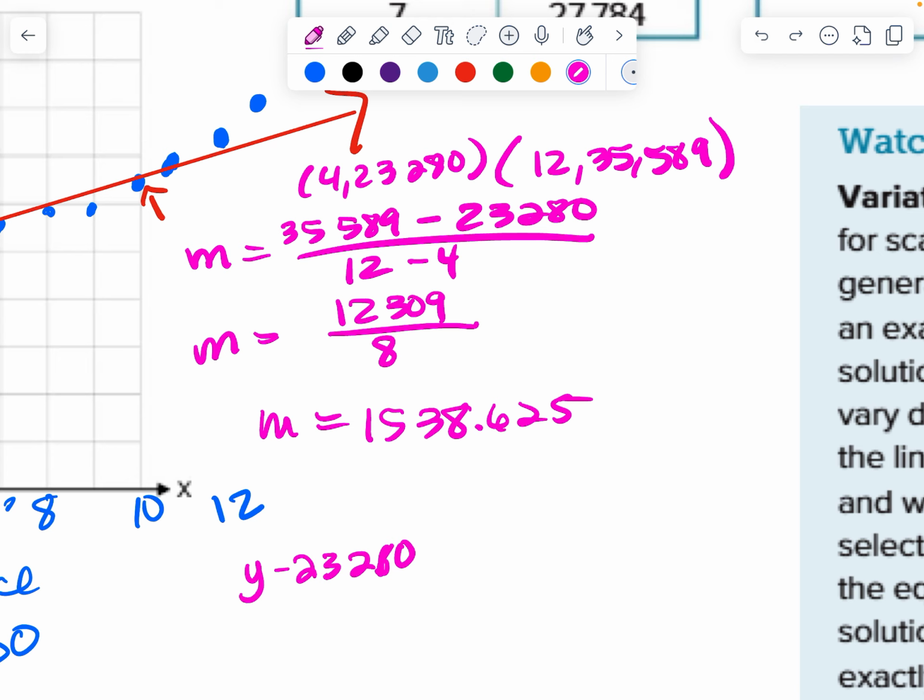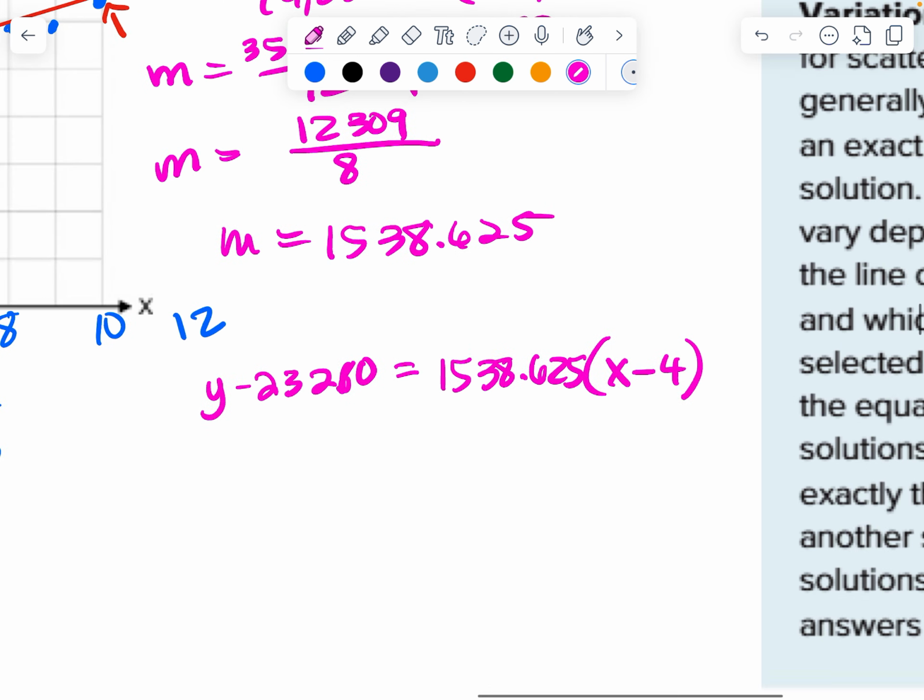Why did I draw that? Equals my slope, 1538.625, and that's x minus 4. So I multiply this out,